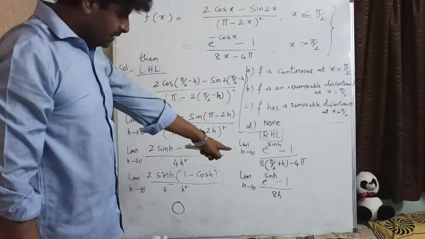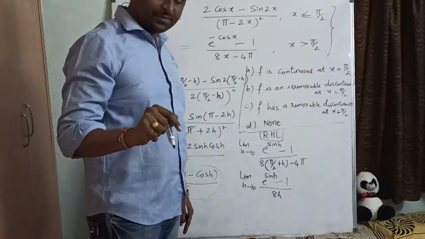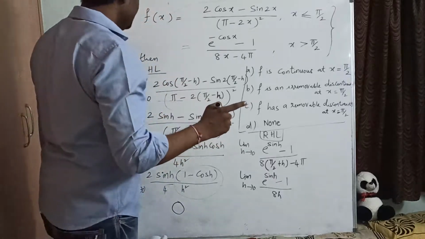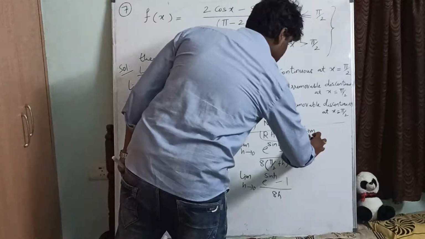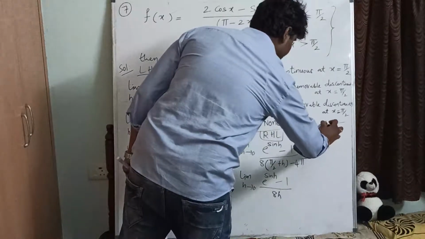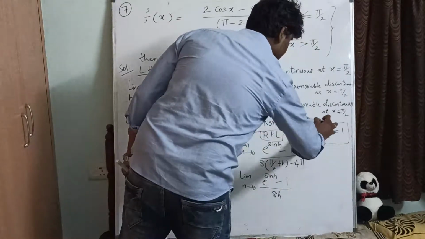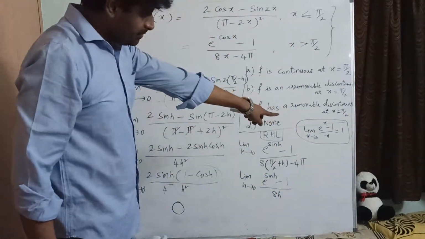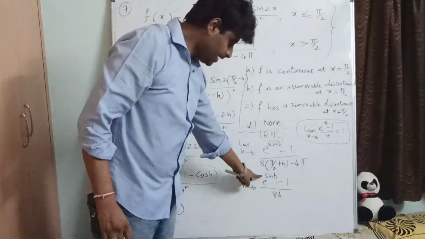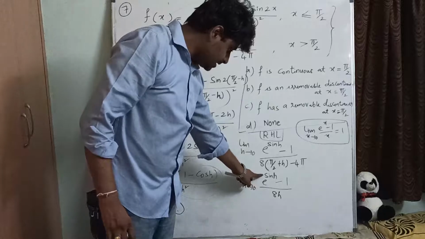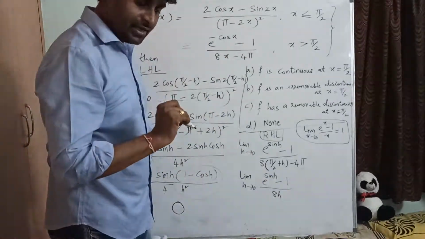Correct? So now here this is in the form of e power something minus 1 by same thing. So what is the formula for limit x tends to 0, e power x minus 1 by x? What is the result for this? As we have learnt, e power x minus 1 by x is 1. Now here e power sin h, so when sin h minus 1, down also I need to have sin h. So multiply and divide by sin h there.